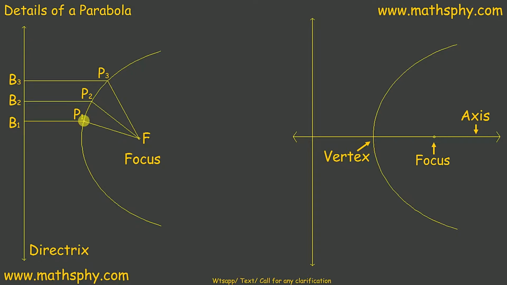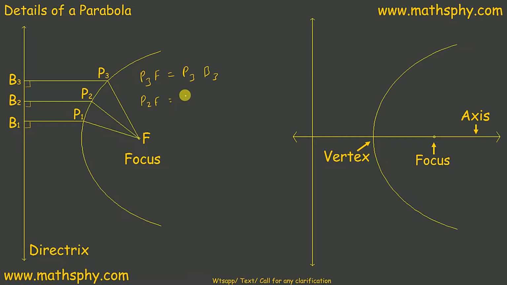Now, on this parabola, you take some random points. I've taken 3 points here, P1, P2, P3, and connect them to the focus. And from those points, if we draw perpendiculars on this directrix, you will find the distance of these points from the focus and the distance from these points to the directrix is equal. Means P3F will be equal to P3B3,